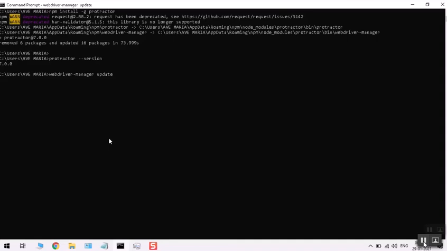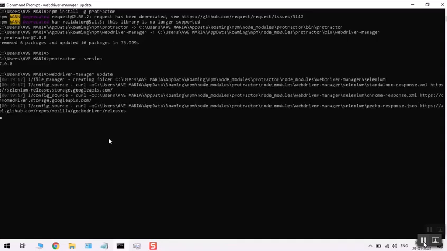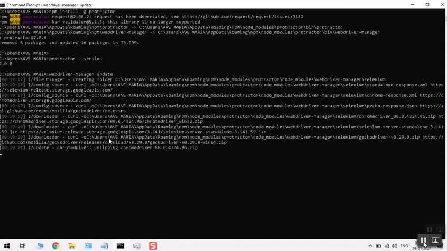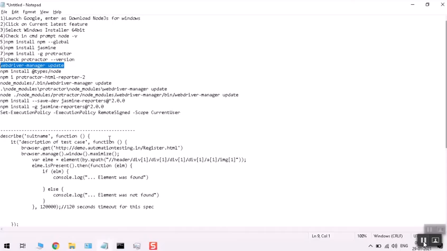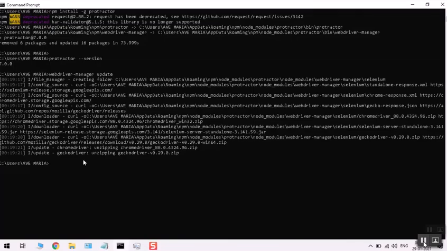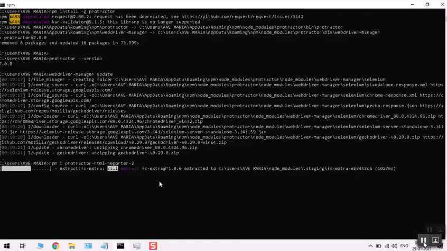Currently we are going to use Chrome driver, but it will update all the drivers. Next, the HTML reporter, this we also require. For the report generation part, we are using this package.